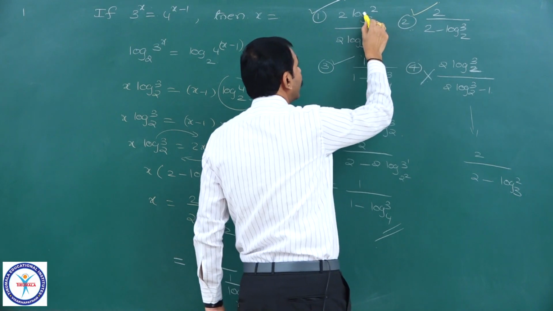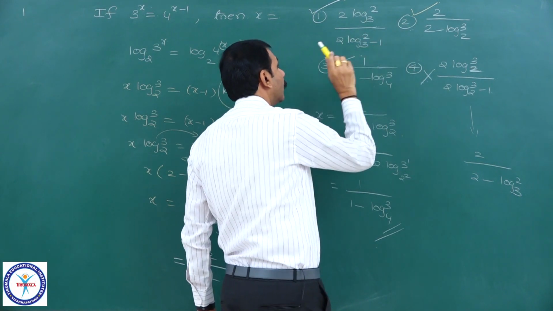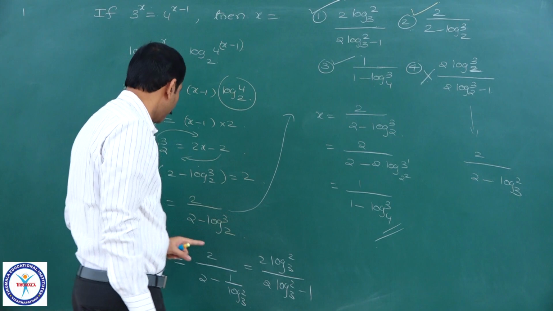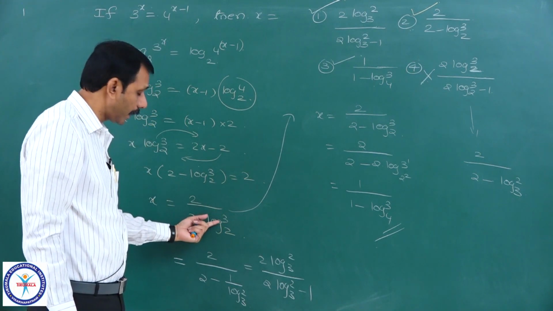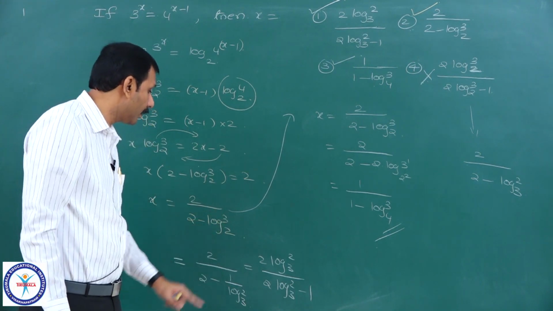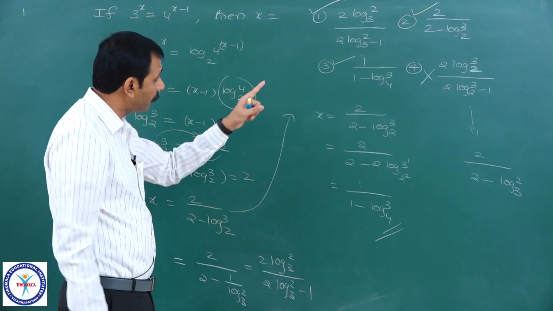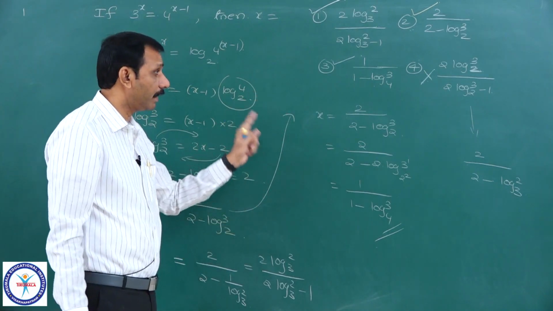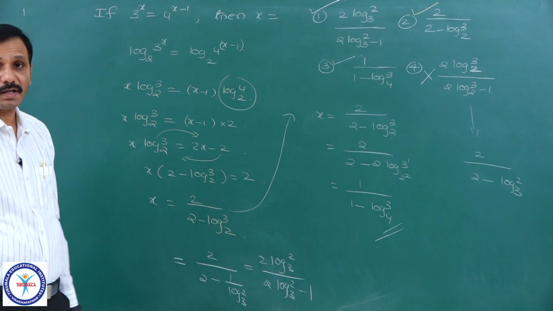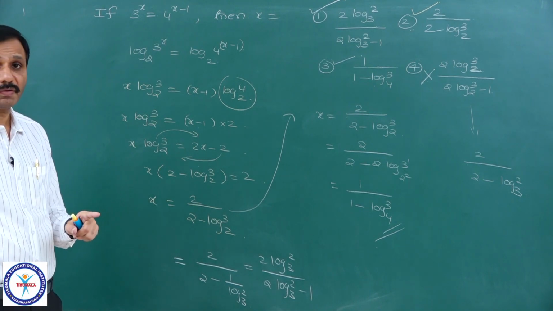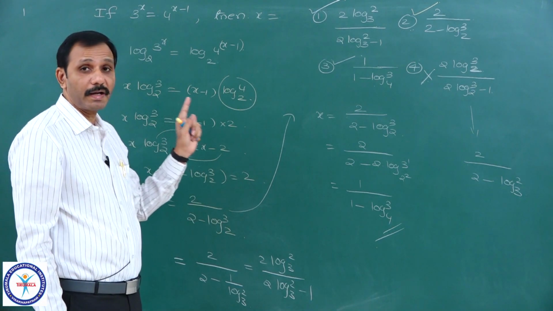This is correct and you need to verify for these two also. Here it is log 2 to the base 3. So log 3 to the base 2 is there, no. Write it as 1 by log 2 to the base 3, make that base equal to 4, and verify whether the other options are correct or not. You should be very careful while attempting questions with more than one correct answer.